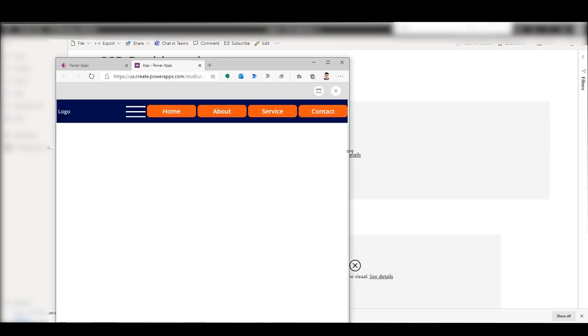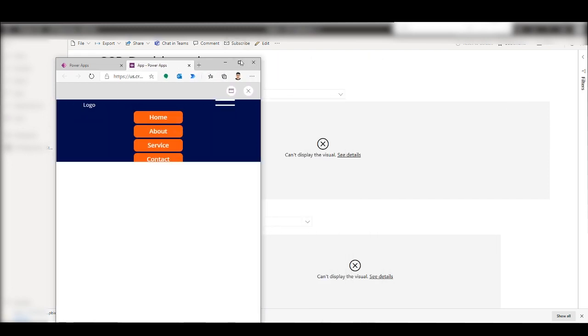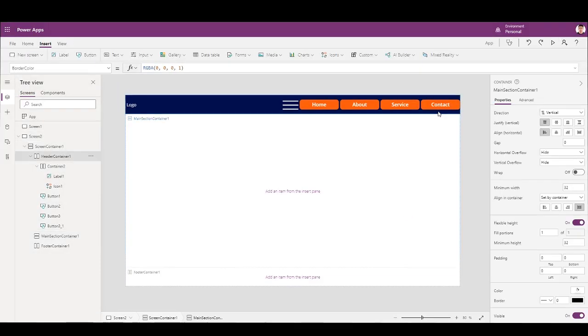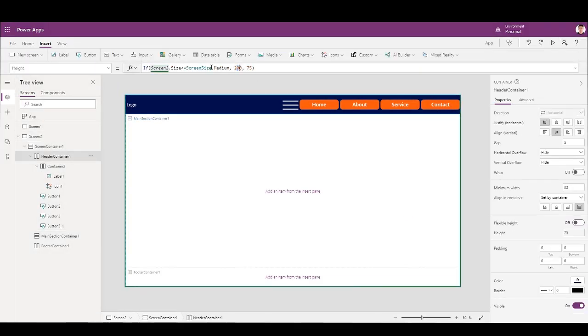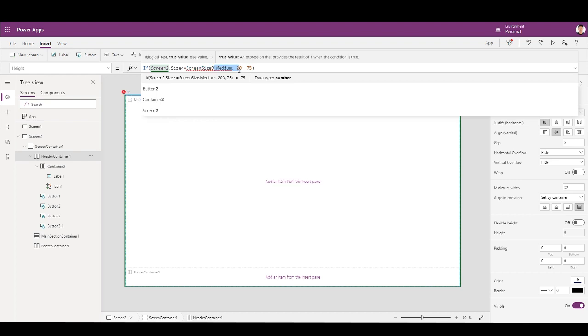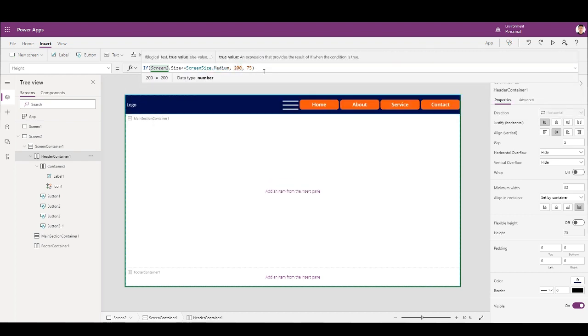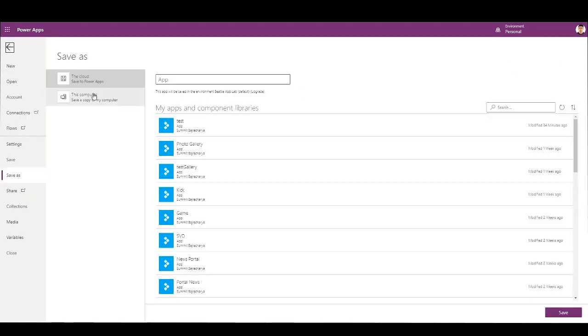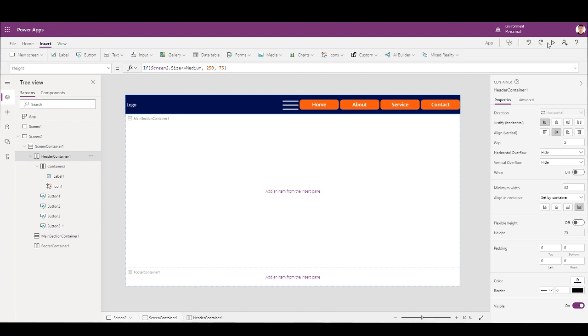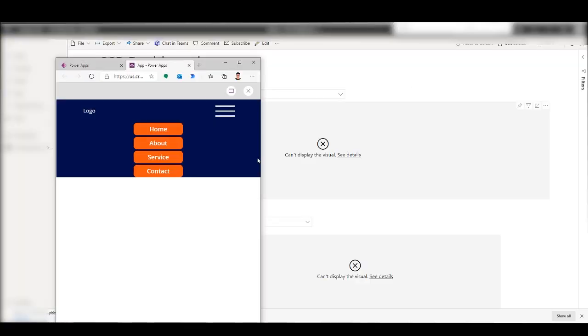So it fits in, but not exactly. So let's open this again. Put height at around 250. Play this and see.